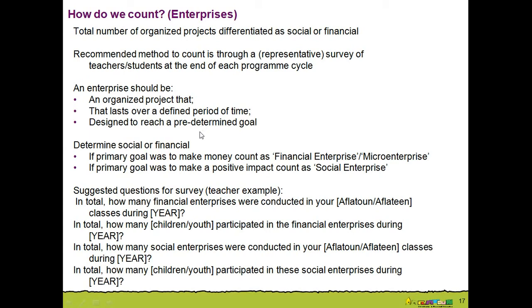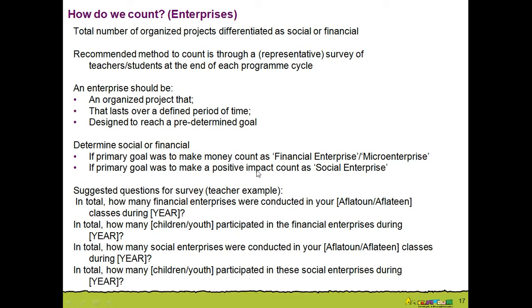However, if you started three weeks before planning Aflatoun Day, the children were involved, they set the goal of raising awareness, they worked on it for that period of time, and then monitored that predetermined goal of raising awareness of Aflatoun in their community, that would be an enterprise. So it has to be an organized project with children's involvement, with a defined period of time and a predetermined goal. How to determine whether it's social or financial? The primary goal of a financial enterprise is to make money.